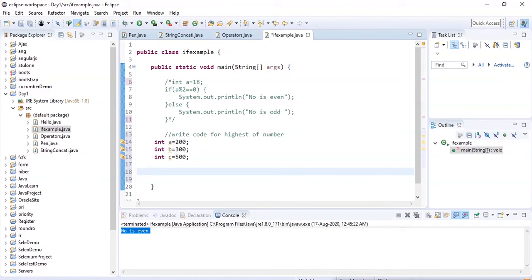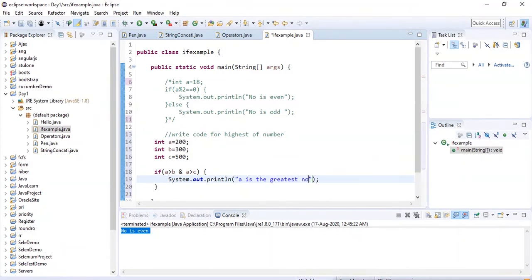Now let's put the condition: if a is greater than b and a is greater than c, what should be the output? Output should be that a is the greatest number. In case of second condition, else if, we will write b is greater than c,